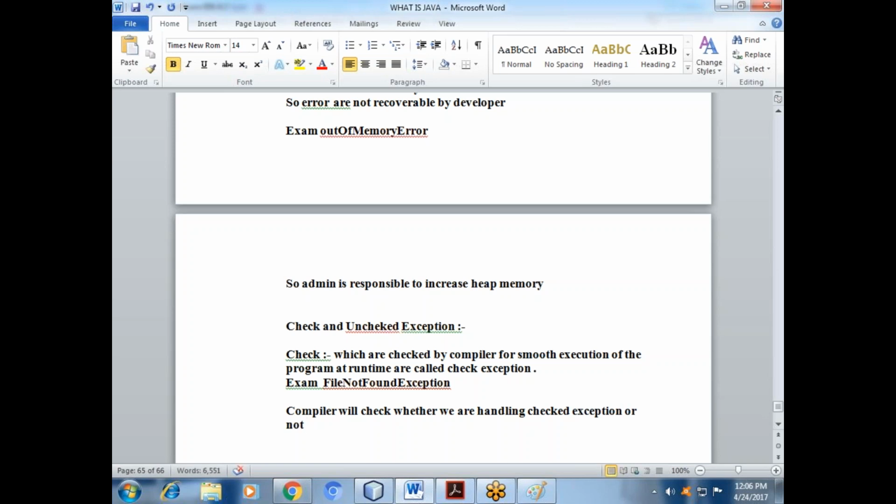If we are not handling them, then we will get a compile time error.